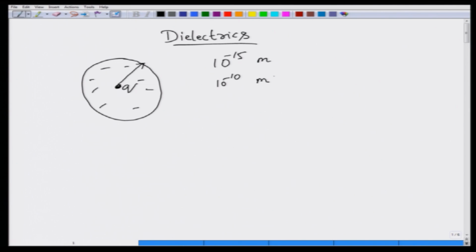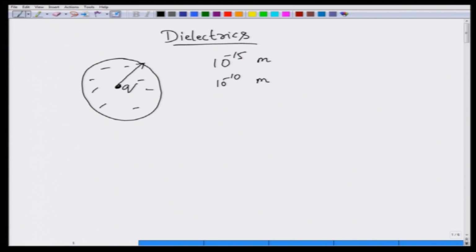This is in the order of angstroms and this is in the order of 10 to the power minus 15 meters. So, you can see that there is an order of 10 to the power 5 magnitude difference between the extent of the nucleus and the extent of the electron shell. We will assume that the shell of the electron cloud around the nucleus is all filled with